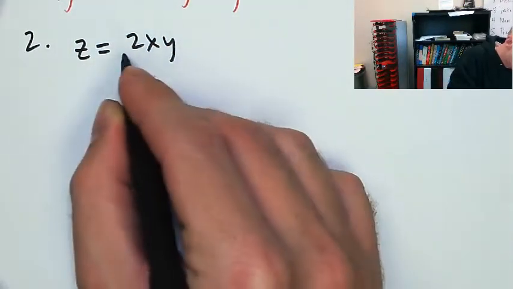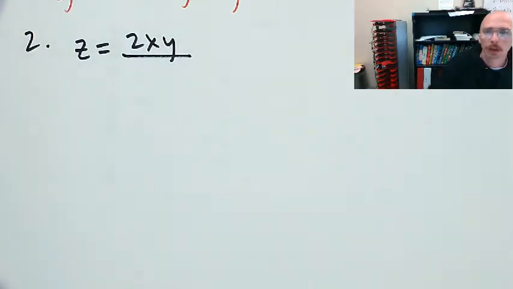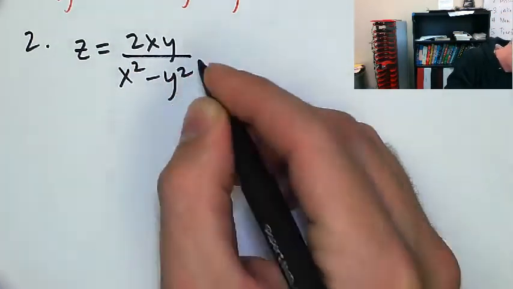Z equals 2xy divided by x squared minus y squared. Does that say... No, that says x to the, no, that's x to the 2. Zoom in on that homework. All right,